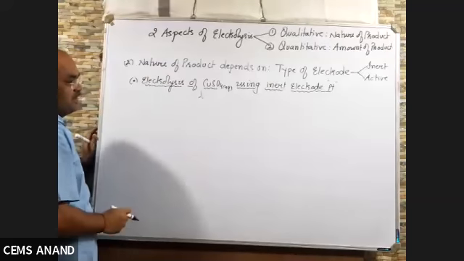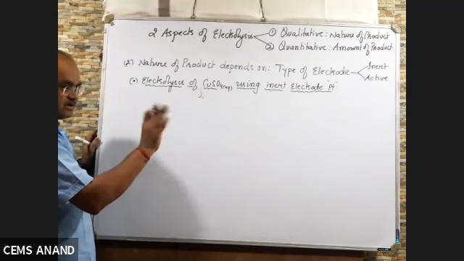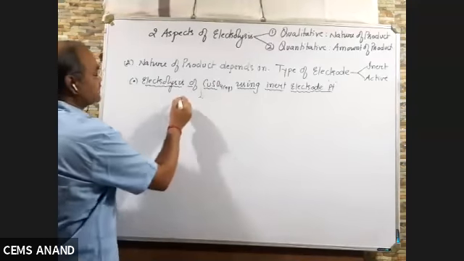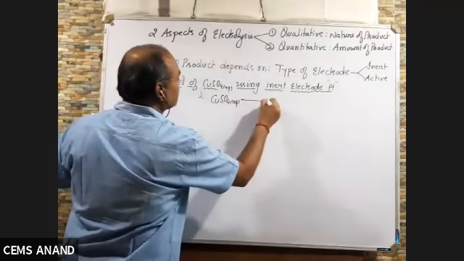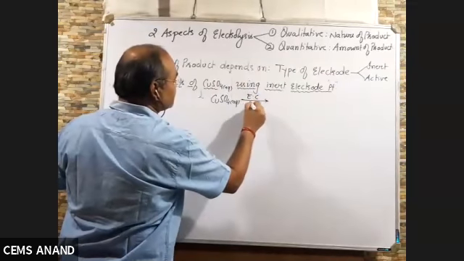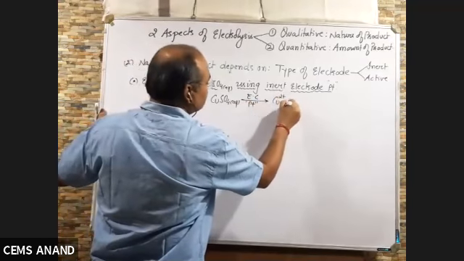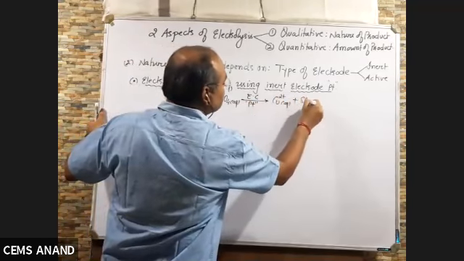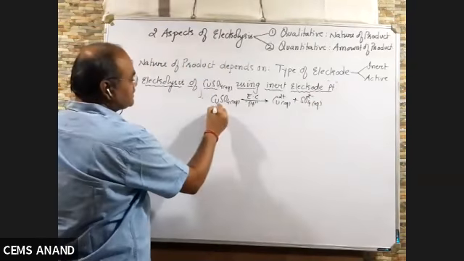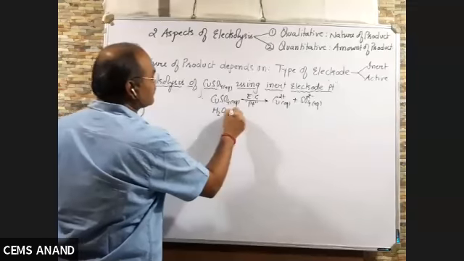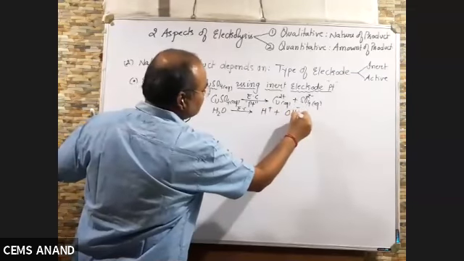Now when we use a platinum electrode, platinum is an inert electrode, and an inert electrode does not take part in the redox reaction, it only provides the surface. So let us discuss in detail. CuSO4 aqueous, on passing electric current through platinum electrodes, what will happen? It will give you Cu2+ aqueous plus SO4 2- aqueous, right? Along with this, water is there, H+ plus OH-.